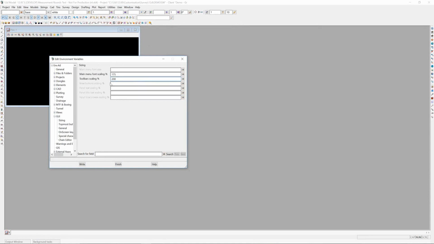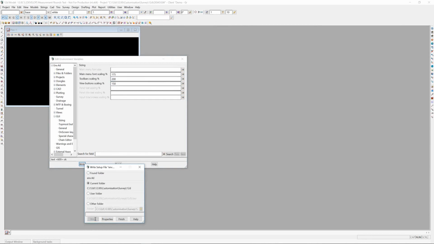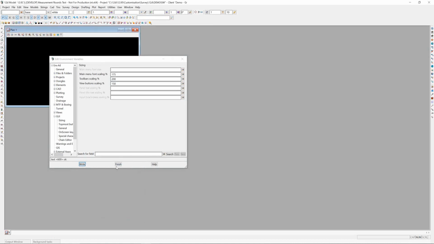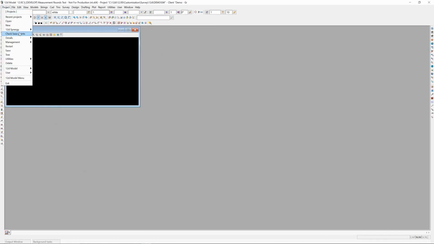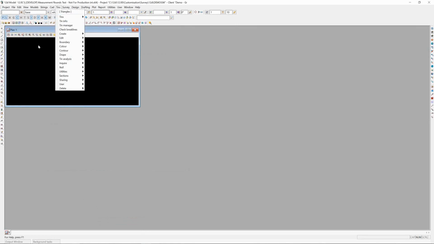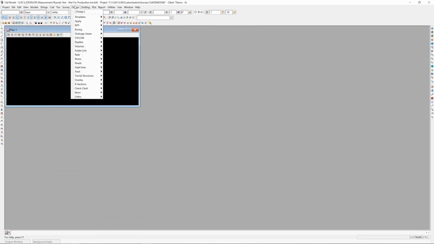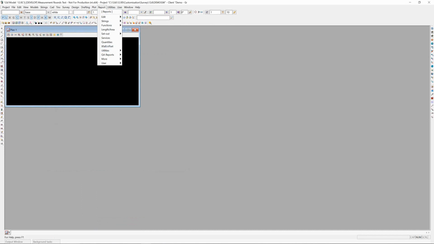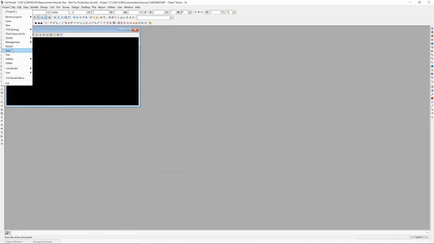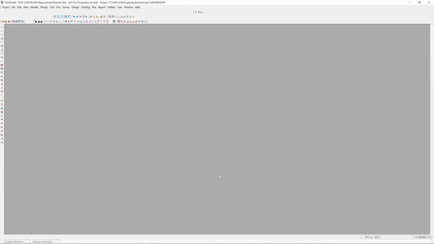And the view buttons, which I was just talking about, we'll do those to just 150 at this stage. And I can write that away. We can either write it to our current folder, or you can actually put it into your user folder, depending on how you have your project set up. And we finish that, and then we'll just restart this project. And please note the size of these menus up the top here are very small at the moment, and our buttons. And so when I restart this project, we'll see a much more